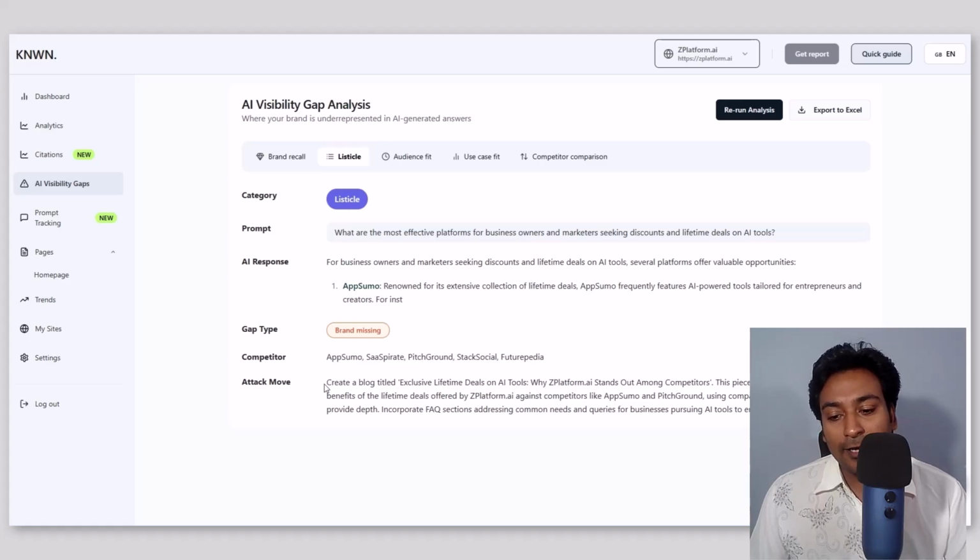So you can see the attack move. What it is telling me is exclusive lifetime deals on AI tool, why Z platform stands out, competitor comparison, unique benefits of Z platform. Again, this is, to be honest, actually a good advice as well. Like I could say this advice, if you ask me, because what AI currently nowadays does,